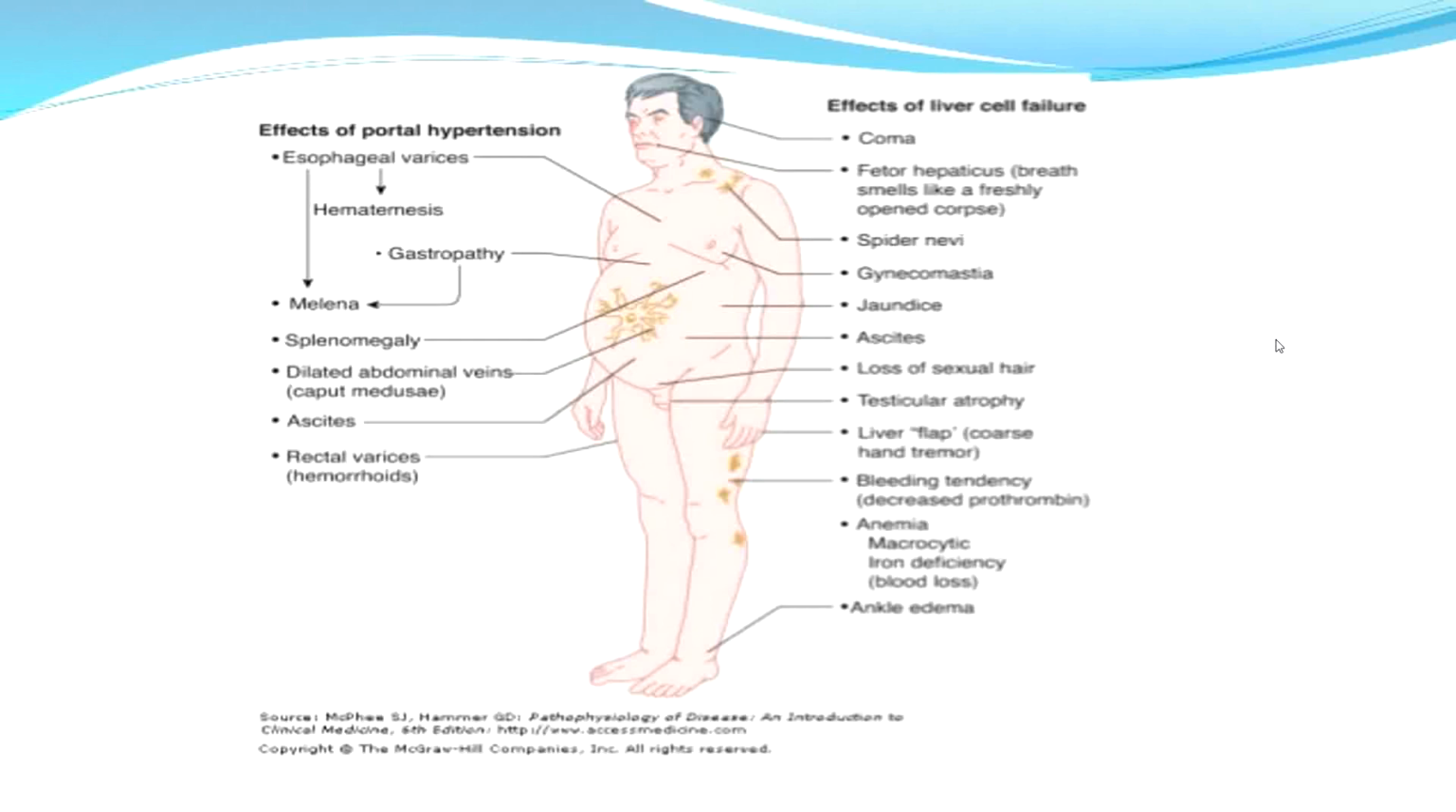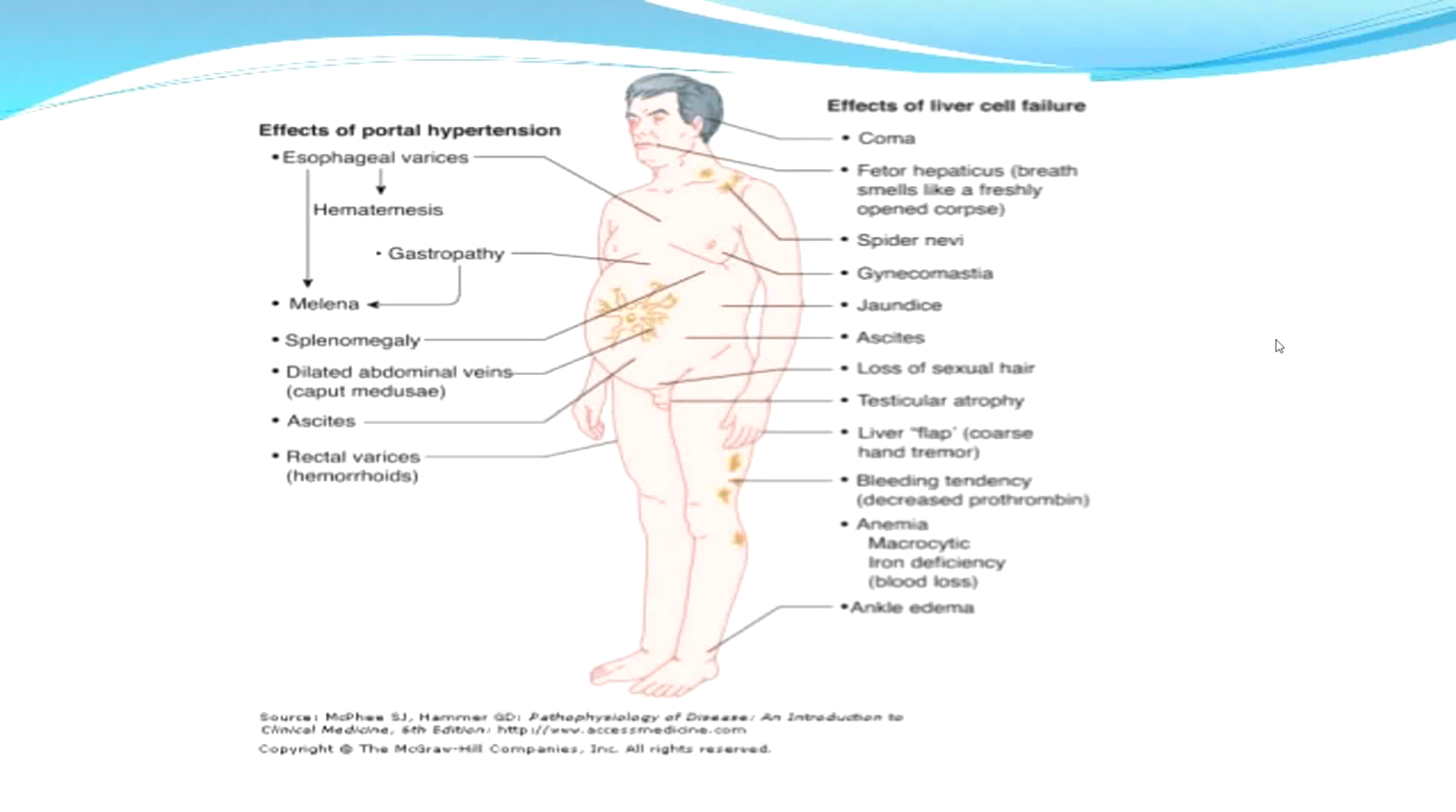Now, there are effects of liver cell damage and liver cell failure. The patient may develop drowsiness, stupor, coma. The patient may develop fetor hepaticus, which is a bad smell emanating from the patient. Spider nevi are simple dilated red-colored venules as a result of unmetabolized estrogens, gynecomastia with the same reason, jaundice because of the disturbed bilirubin pathway, ascites because of the low albumin level and portal hypertension,